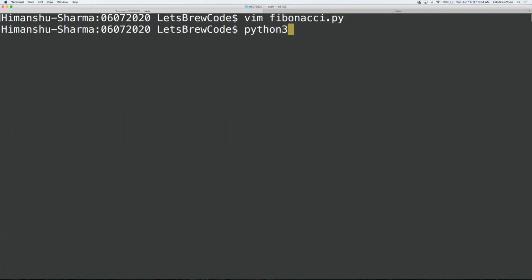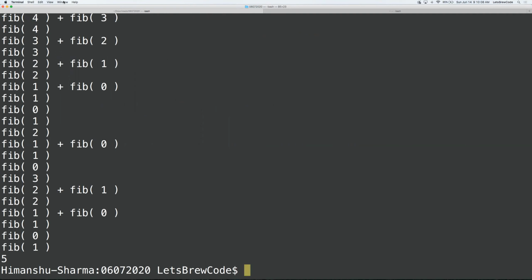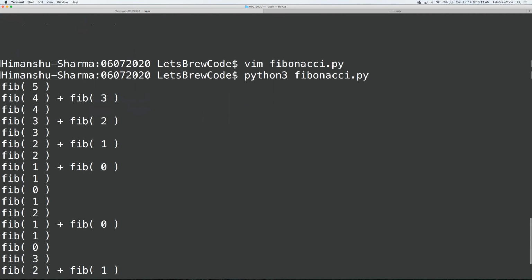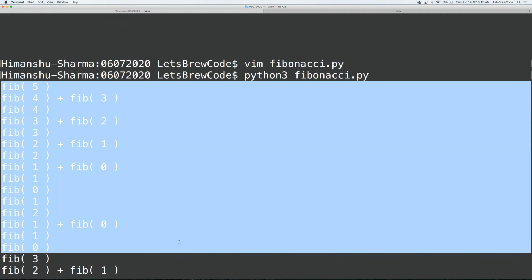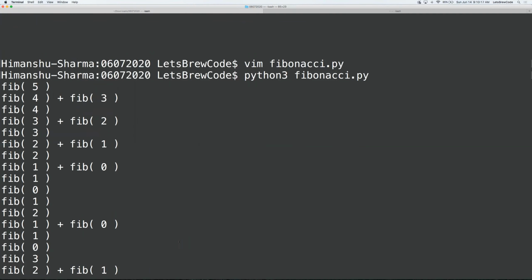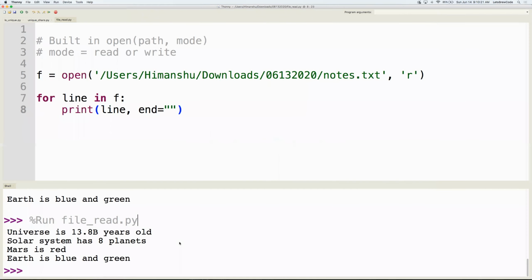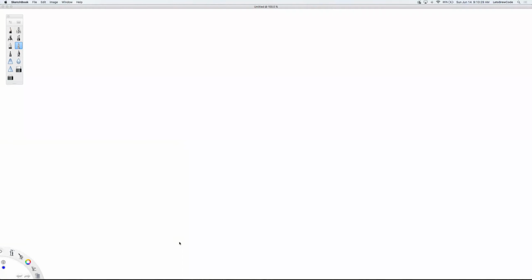So we were here, Fibonacci numbers, and what we needed was, if I run this file right now, then we showed the sequence of calls of how this will be called. So essentially, if we were to draw this Fibonacci sequence of, let's say, Fibonacci of 5,